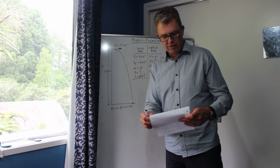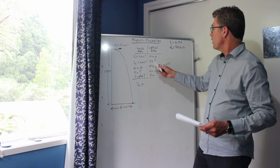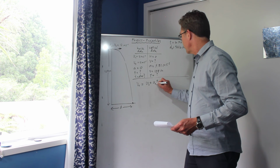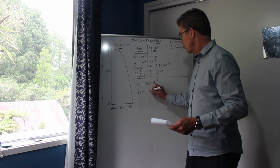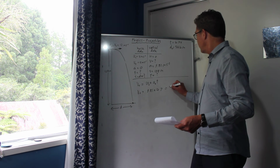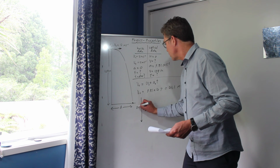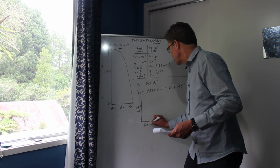Let's try and find out the final velocity of this thing. So the vertical velocity, how might we find that out? It's vertical, so we're using this data. We're not using that data. That would be against the rules of physics. So let's say V equals U plus A times T. Vertical, vertical. I'm not going to say vertical time because time isn't a vector. So V vertical equals 0 plus 9.81 times 4.7, which is 46.1 metres per second. So what do we now know? We now know this object has a downwards speed of 46.1 metres per second, and it has a horizontal speed of 12 metres per second, which means